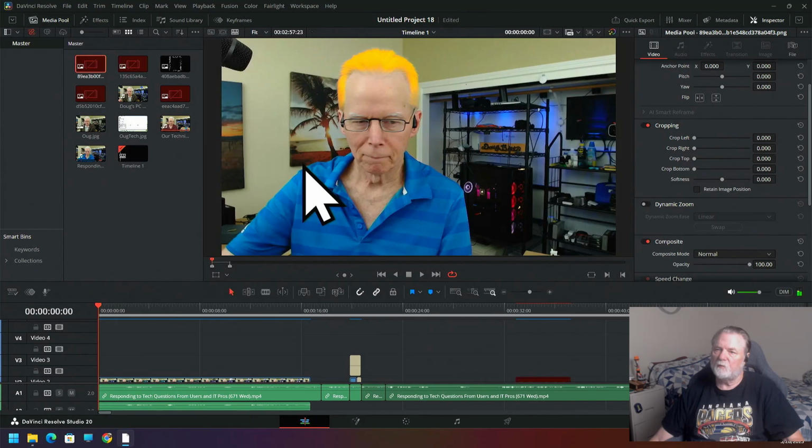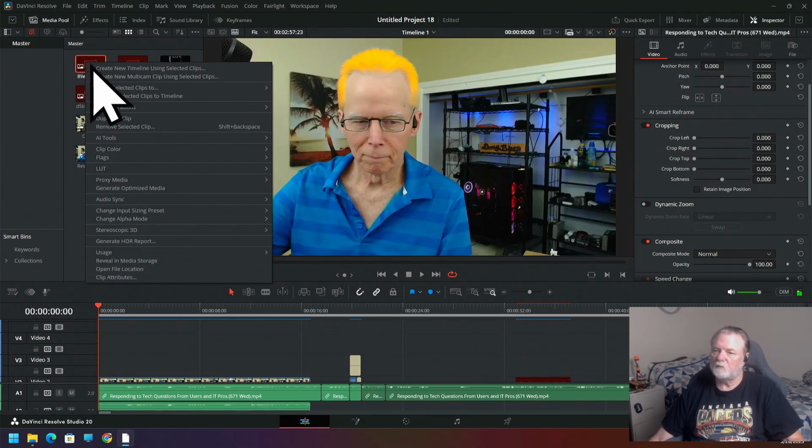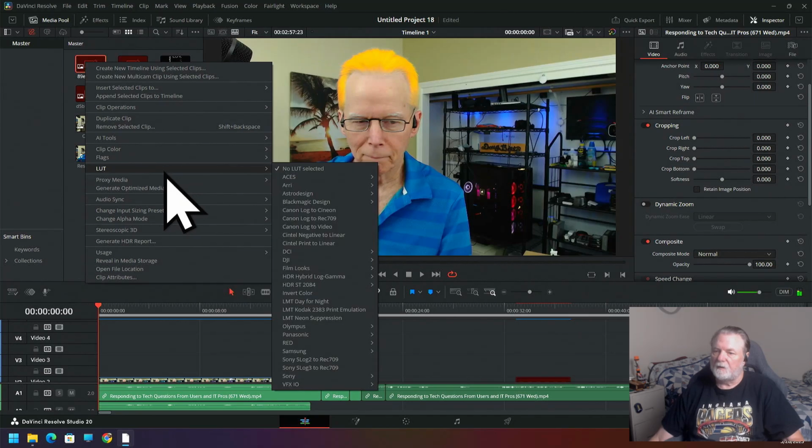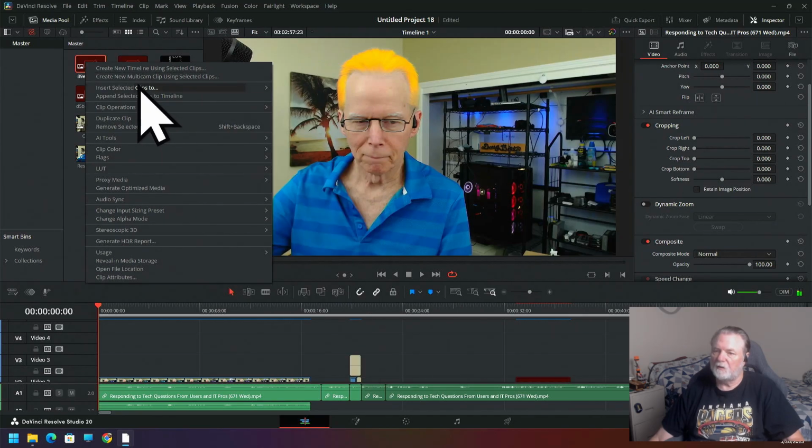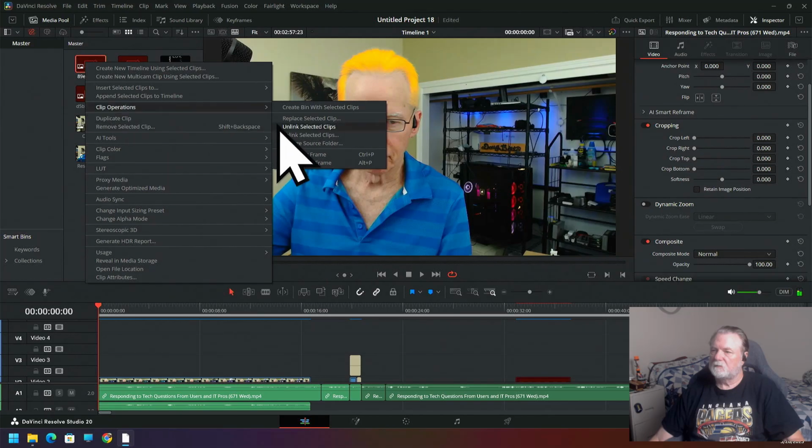DaVinci Resolve 20 has changed the way to go change it. It used to be in here where you would go change file location. And I don't really remember exactly where it's at. I know it's not in, maybe it's in AI. Nope. Flip operations,